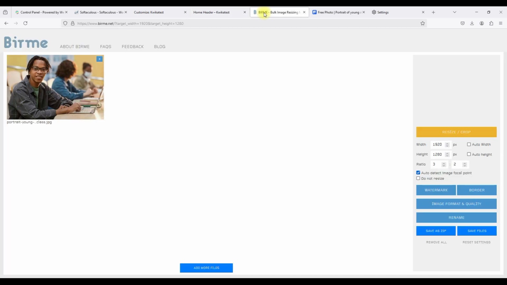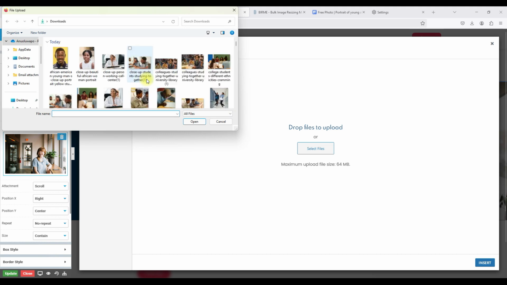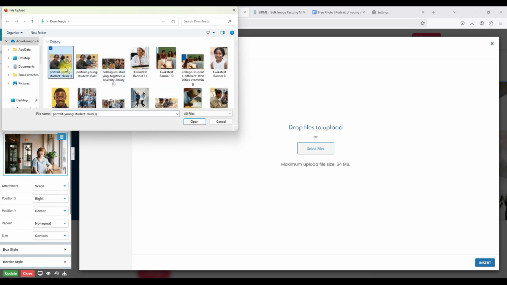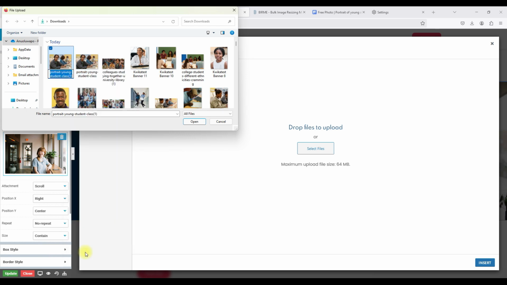So now that I have gotten that resized, next thing I'll come back here, I'll click on upload files, I'll click on select files, and then now I'll just rename this because I like renaming to know, okay, this is how I'm organizing my own files. So I'll right click and then I'll click on rename, and I'll write Kwikaweb test WP, which stands for WordPress B1. So B means banner 1. So I'll click OK, like I'll click on it and then I'll click open,